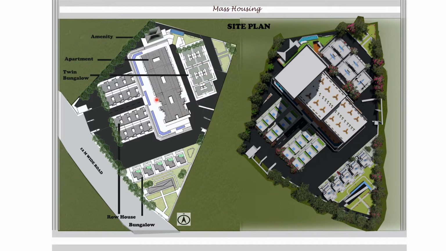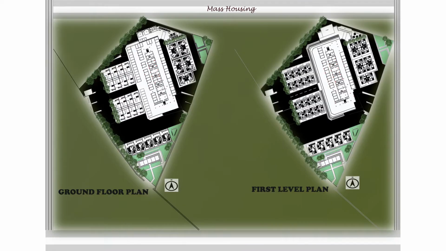And in the center are the apartments, which are surrounded by the water body and amphi-like structure, which resembles the city, where the height of the buildings stand tall like mountains, and here are some shops and recreational space for the public. This is the ground floor plan, which consists of street parking for the row houses and the apartments,